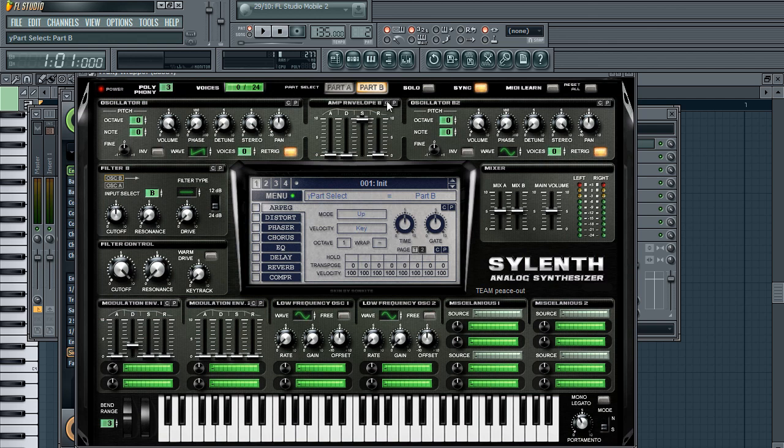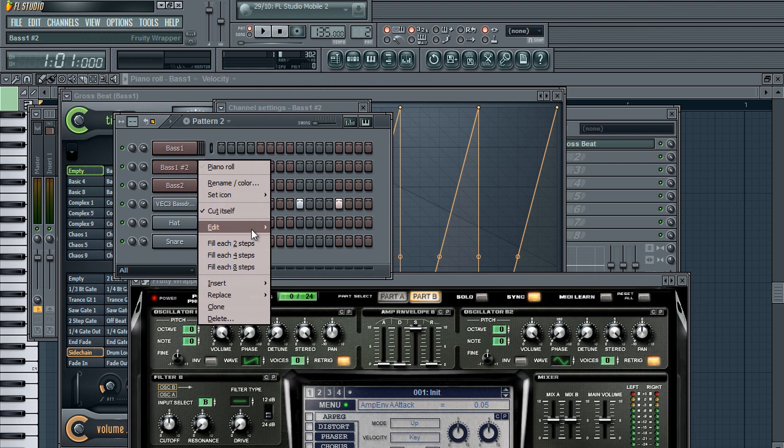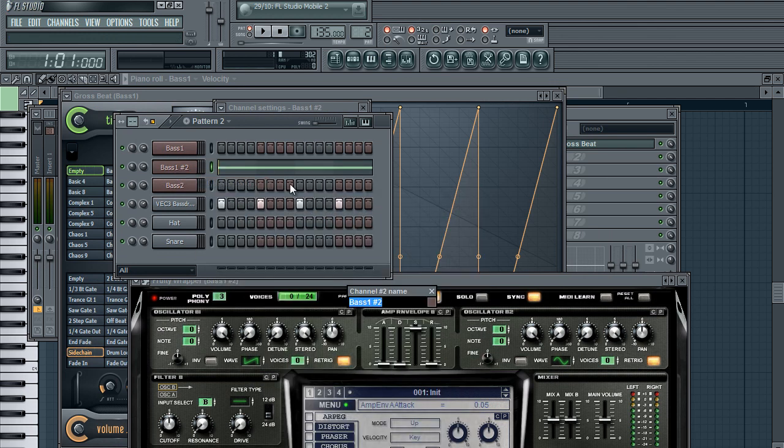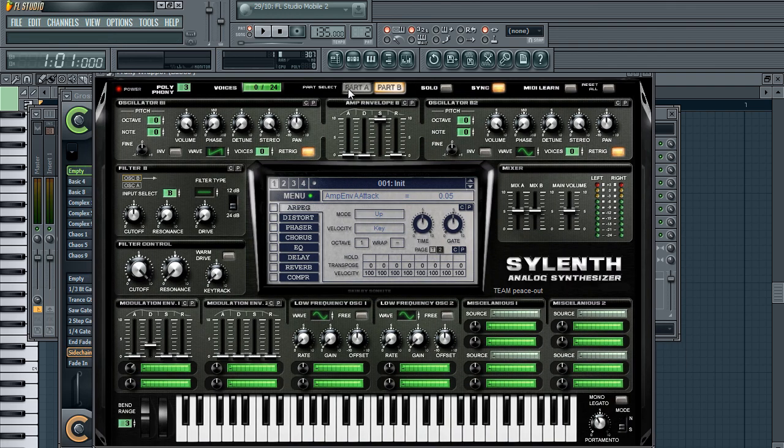Like if we added on to that bass, and I'll just clone it so that we don't lose what we had earlier. But if we just, let me see, let's rename that. So if we had, see, because the thing is, we have part A already full, but we haven't already used part B yet. So what we could do is have like a bit of a chord going on here. So if we have, let's say, saw, right, on just octave -1, but we change the note,